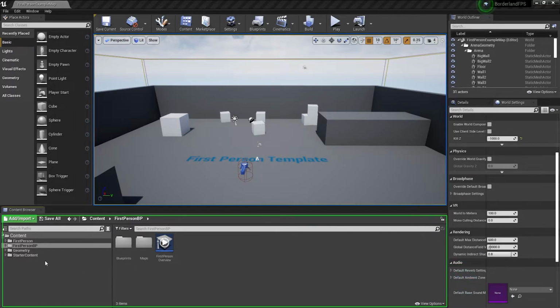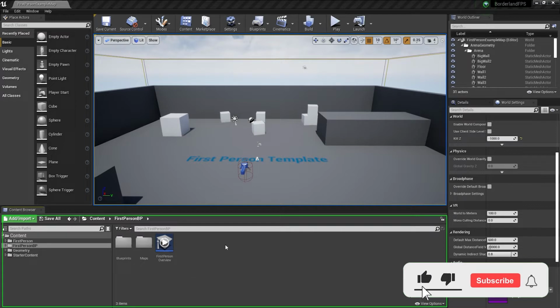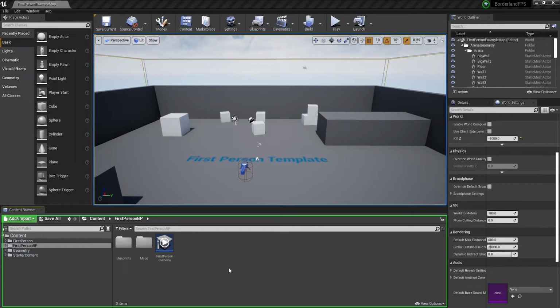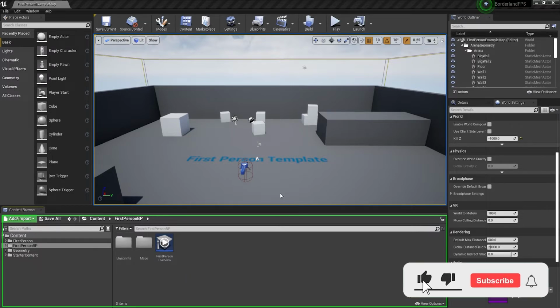All the 3D objects which we import from other software like Maya, 3ds Max, or the blueprints which we create will be shown here. The content browser is just like the folder organization we use in our computer drives. These are just drives. So if we want to search for a specific thing, you can search here.